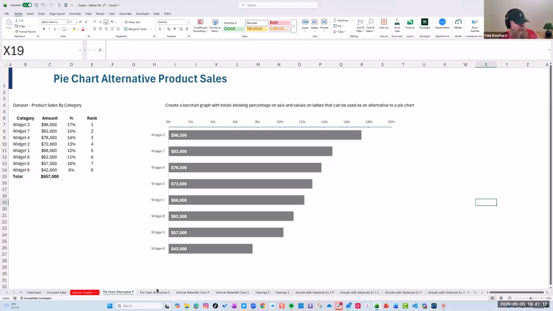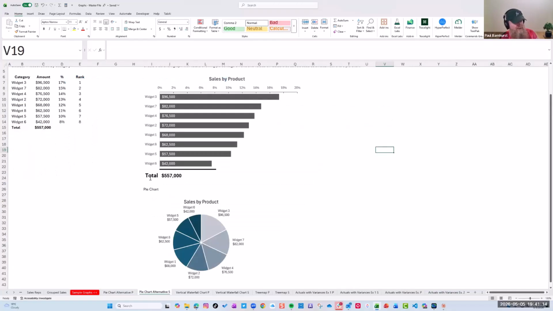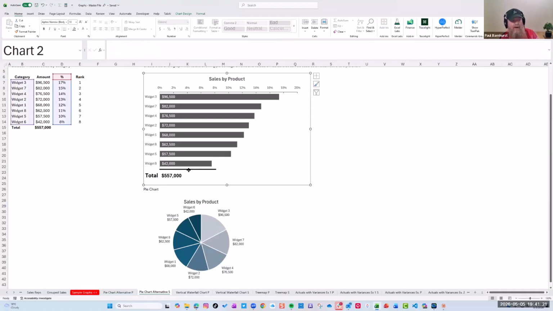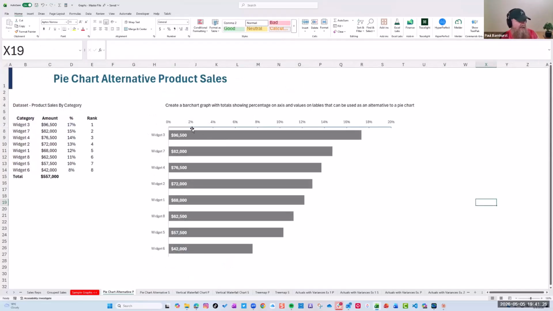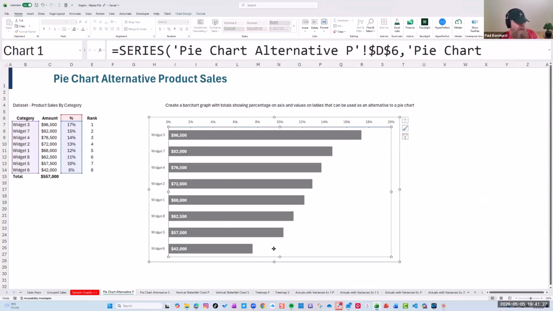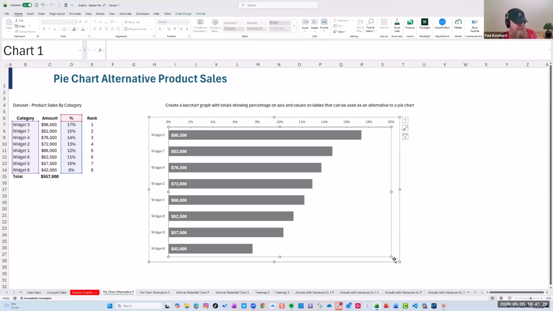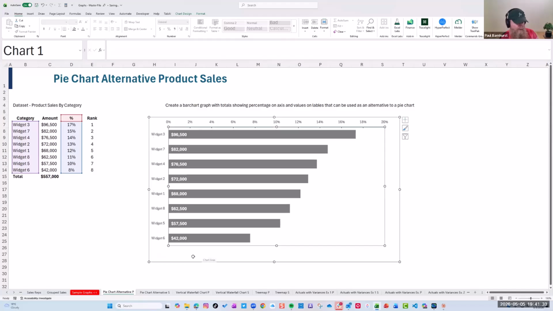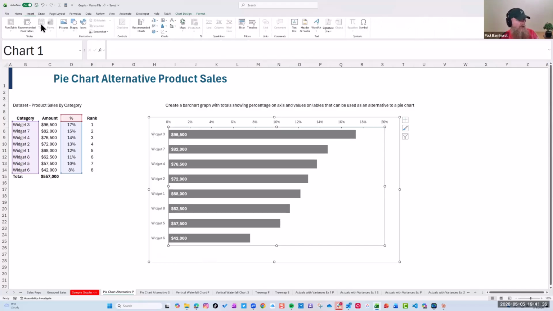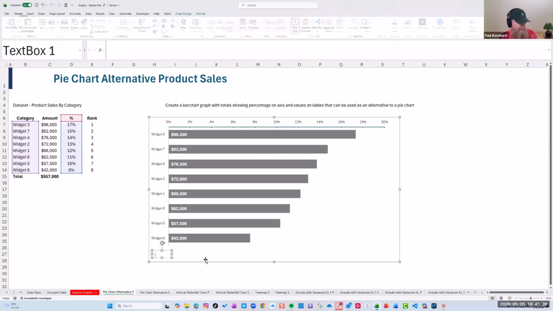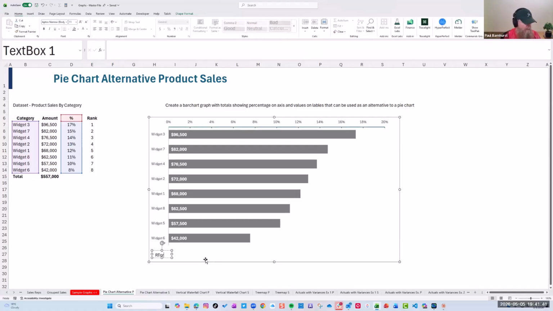But what I want to show now, if we look, there's two things missing, or three. We don't have these three. These are actually manually added. This is probably the hardest, most time-consuming part of the graph, is I add 3 text boxes. So what I'm going to do is make this a little smaller, bring it up a little bit, so I have room to add those at the bottom. So I'm going to insert a text box here, type the word total,